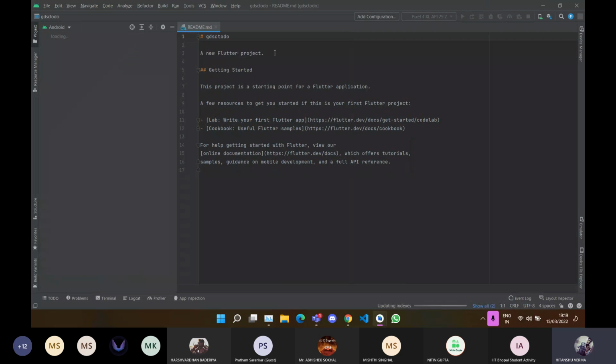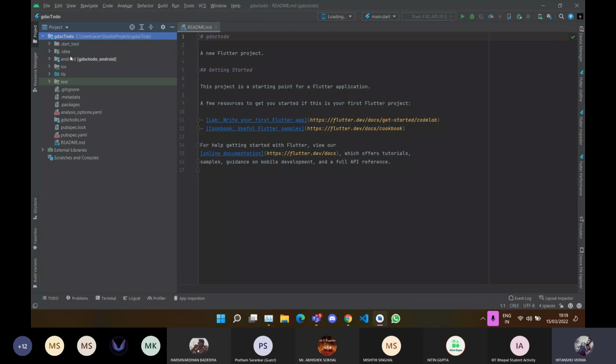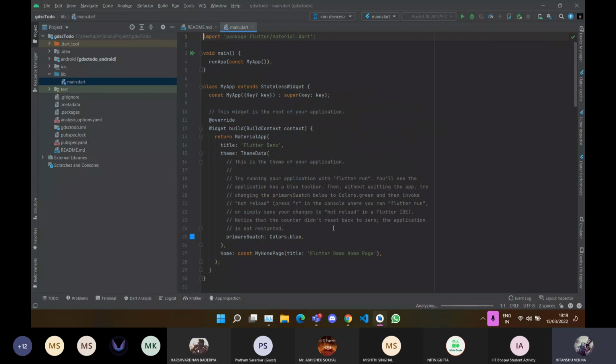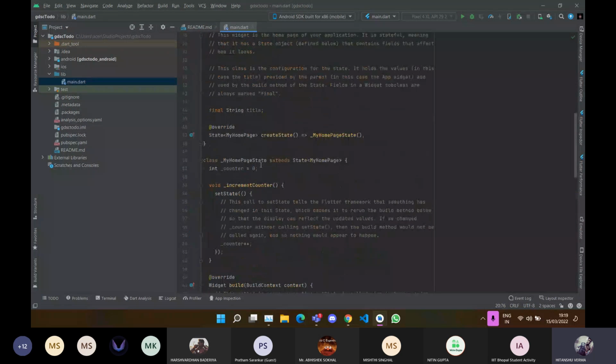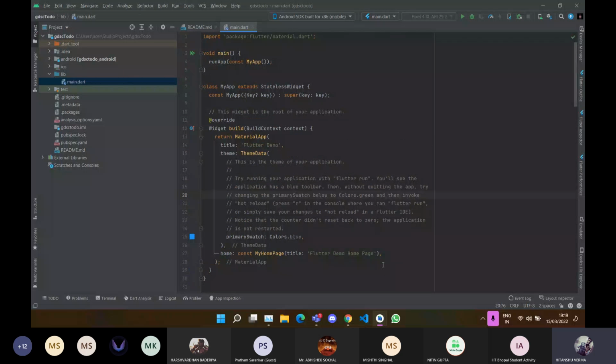So this is what a new project looks like. You have all the configuration files for your Android and for your iOS, and here is where the main file resides. This is where we will be doing all of our coding. As of now, this is a default app designed by the Flutter team. It's just a basic counter app. If I just launch this,